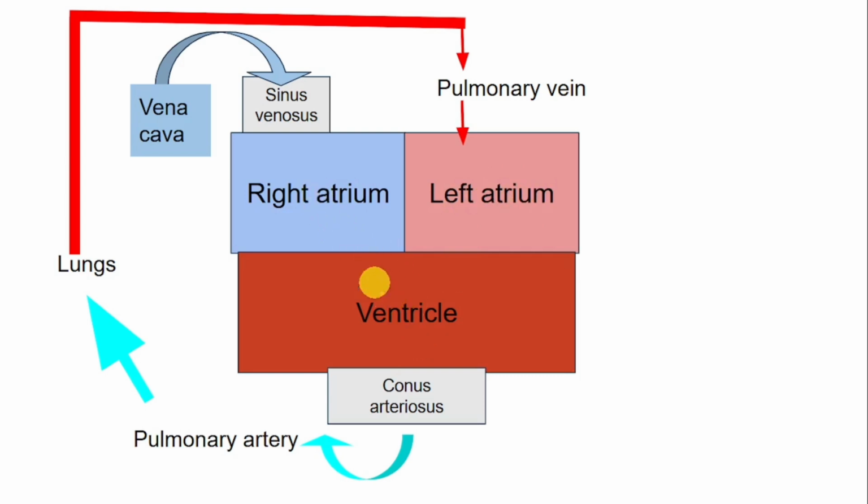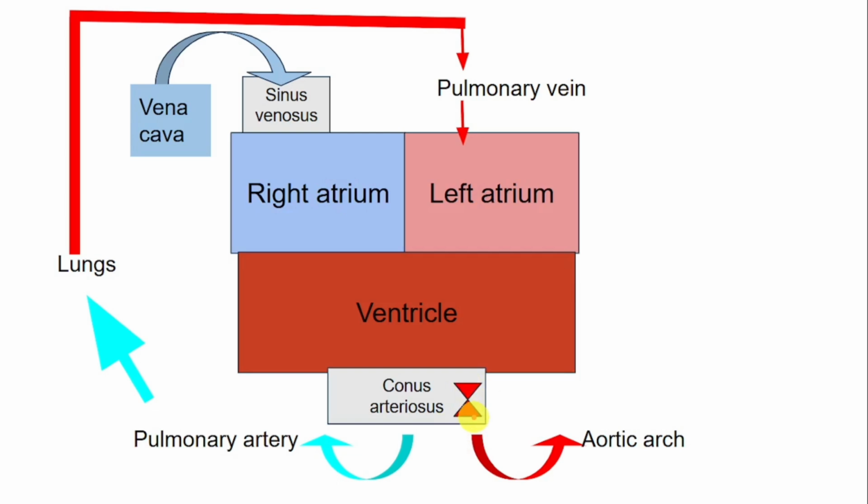So you might feel that what is the point of having 2 different atria if at the end blood is going to mix up? But this is not the case. The flow of blood is maintained in such a way that it minimizes mixing of blood, and there is one structure present in conus arteriosus. This is going to channel the oxygenated blood into the aortic arch. Okay, so despite the fact that they have a single ventricle, the mixing of blood is minimized due to this structure, conus arteriosus. This valve is called spiral valve.